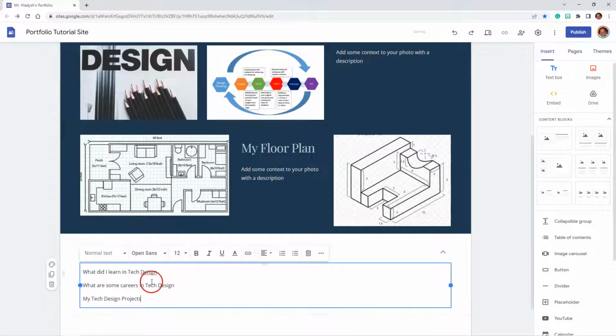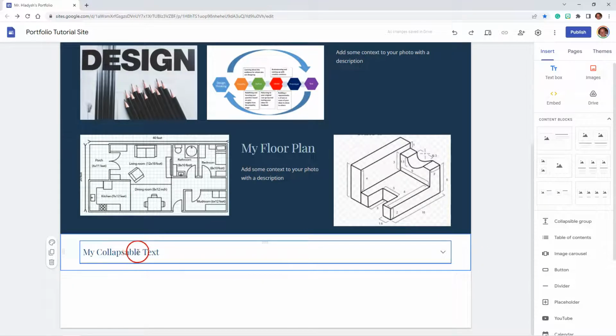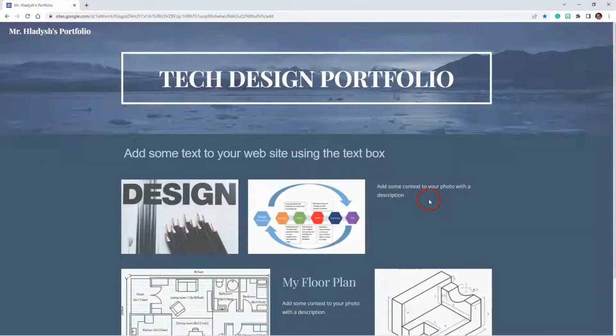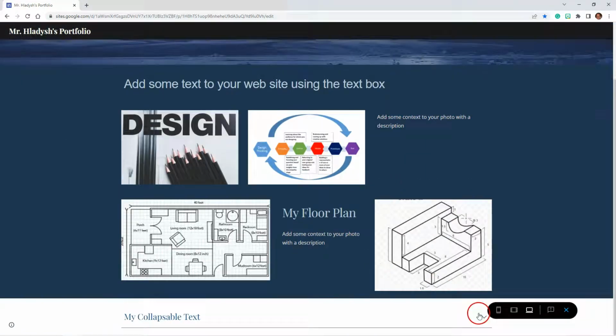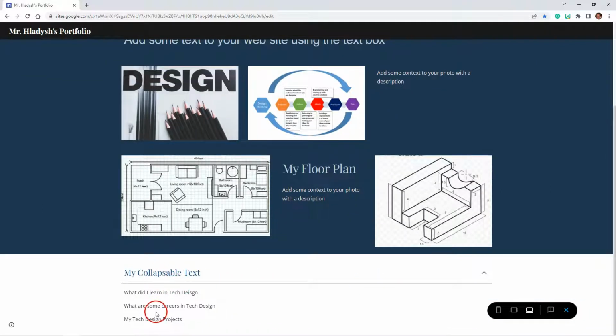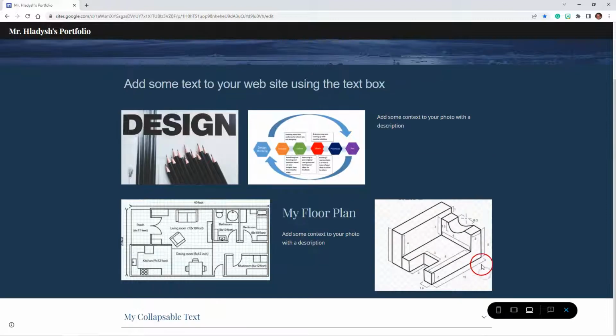here. So I have, what did I do? Learn in tech design, etc. And when I click outside of that, you will see my collapsible text. And if we were to preview that, select our preview mode. And when I do select that button, you will see that text actually expands down below, and we can close